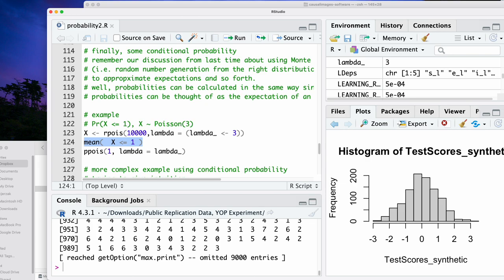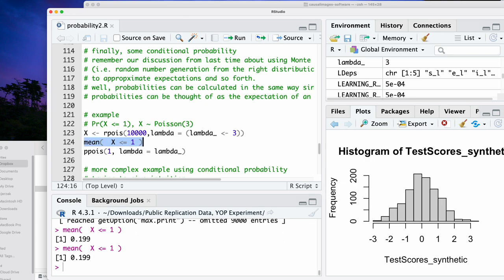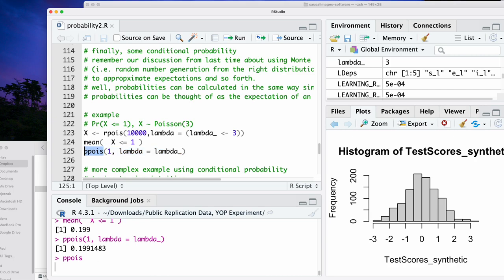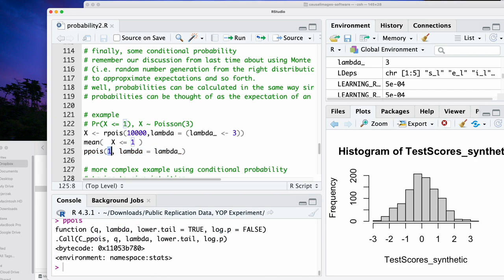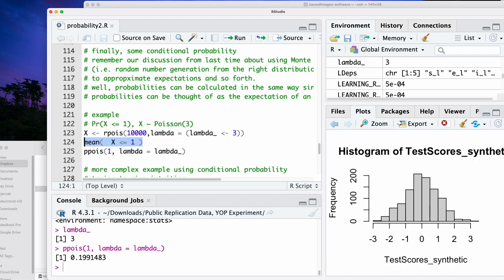That's just a fancy way of saying I can do this in line 124, and this calculation in line 124 is going to give me something like a probability. So P plus is like, what's the probability that this Poisson distribution takes on the value of 1 or less, given the fact that lambda is equal to 3 in this case. So this is giving me a probability, and I could calculate that same probability, at least approximately,